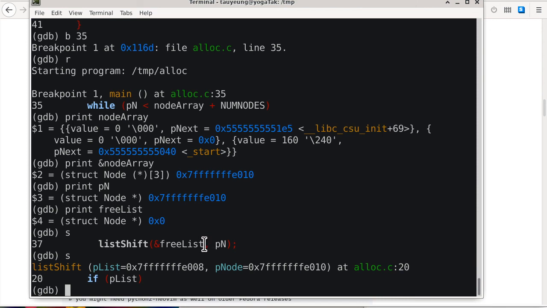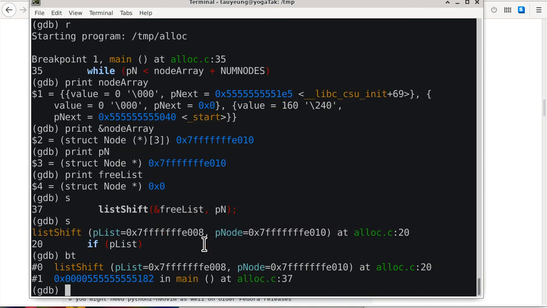How do we know and check that that really is the case? Okay, so once again we use backtrace as a tool. Now we don't really need to use backtrace because I know exactly how we got to list shift. It's coming from main, but it doesn't hurt. So we can see that main is frame 1 from the perspective of where we are currently at in the debugger. So we can now say frame